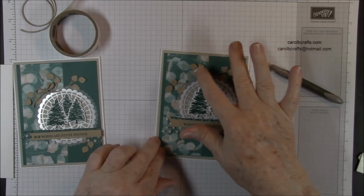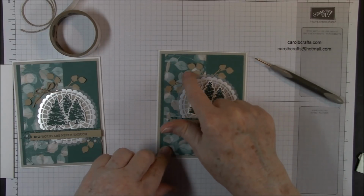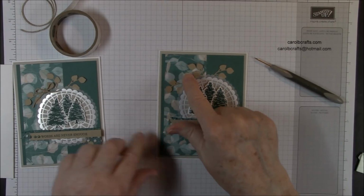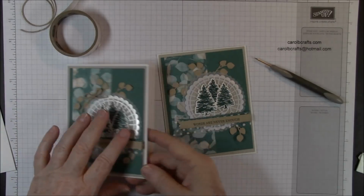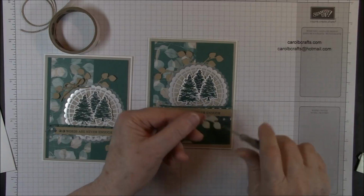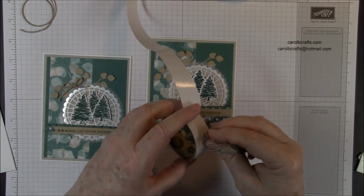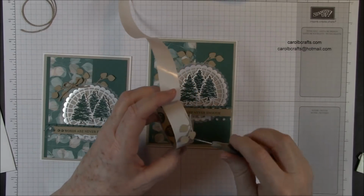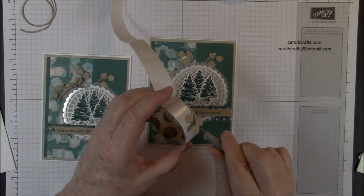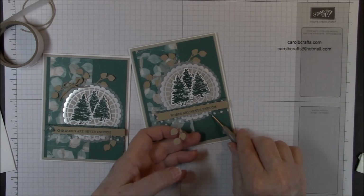Okay, bear with me, my camera died, so hopefully you got that in place with enough room for your little bow that's going to go there. And then we just need to put this last one in place. Again, put the glue dot behind the bottom leaf and lift it up. It's just kind of hard to work with all of this, but